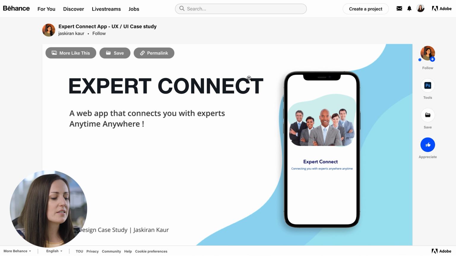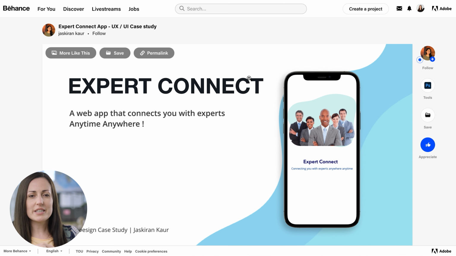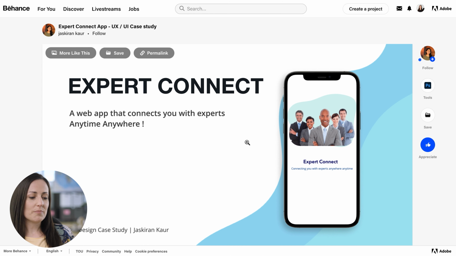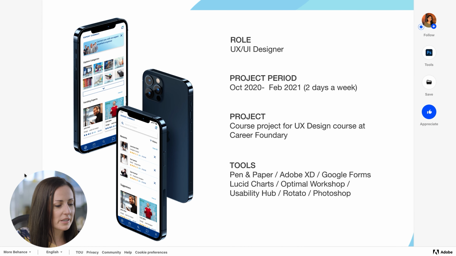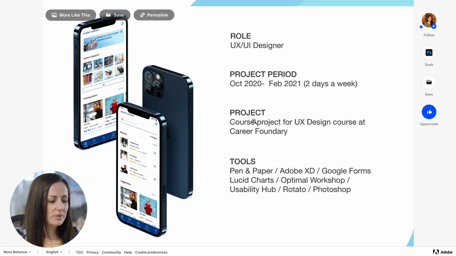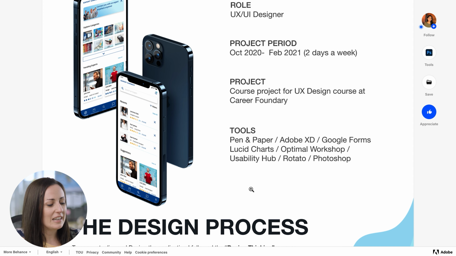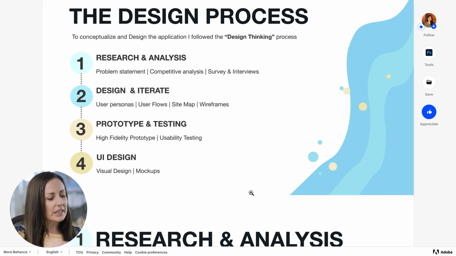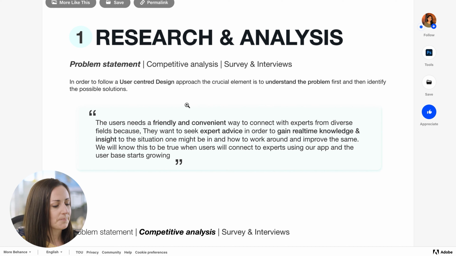And it looks like this is one case study or one project that's been shared. So, maybe Jaskaran has other projects as well. So we see that they've again listed the role, the project it was for, and that it was also for a Career Foundry course. So this is good to know going in. They've listed their design process in really simple steps, 4 steps, and then the sub-steps underneath, or the tools and the methods that they used underneath. So I'm already getting a clear idea of what kinds of tools and methods they know how to use.